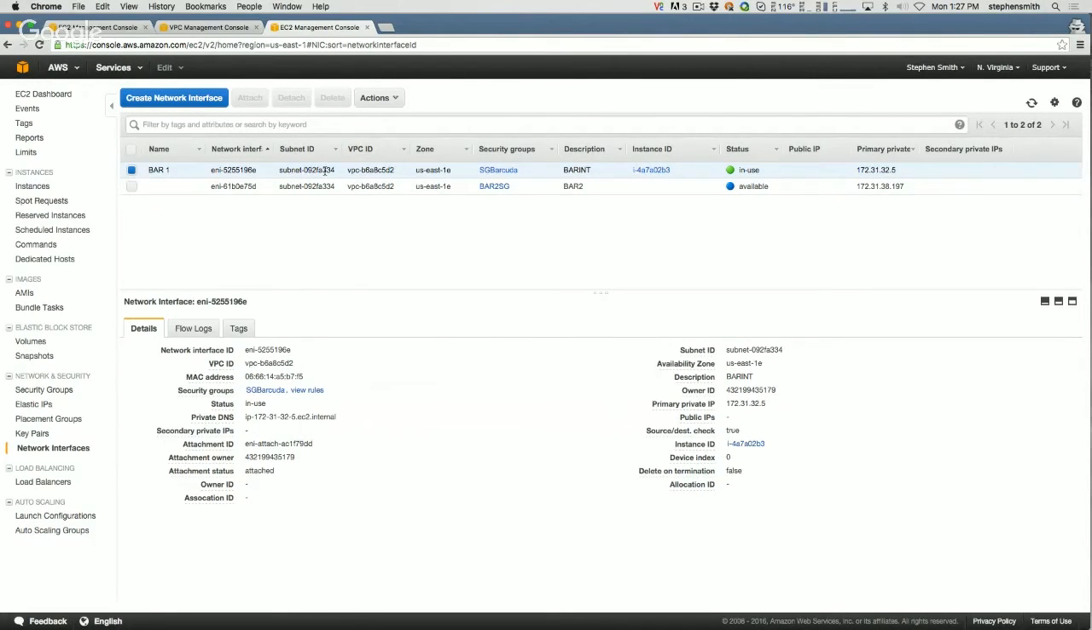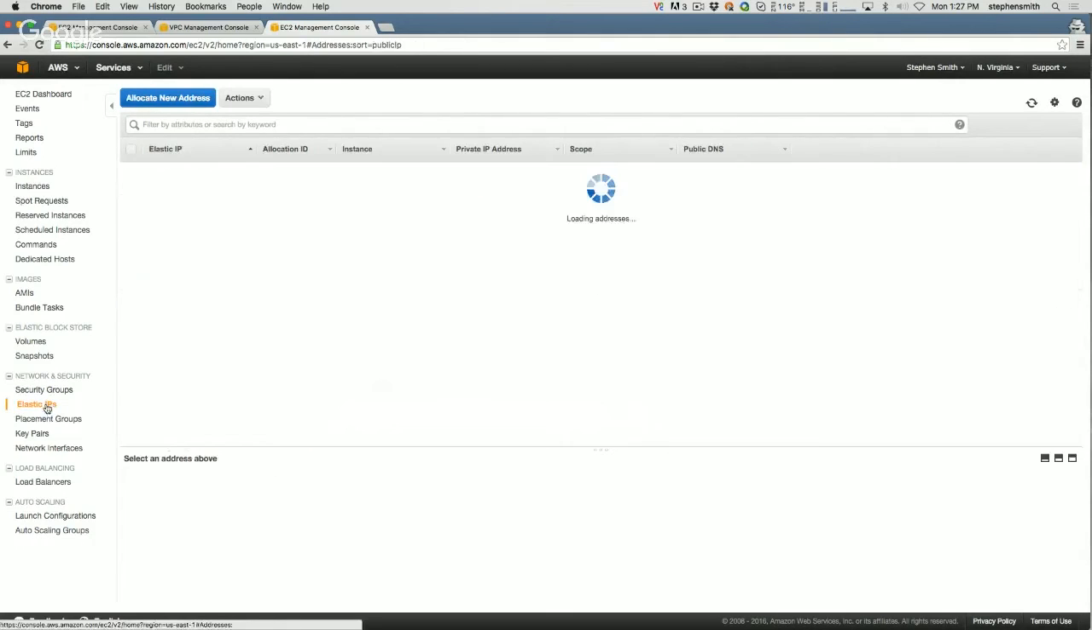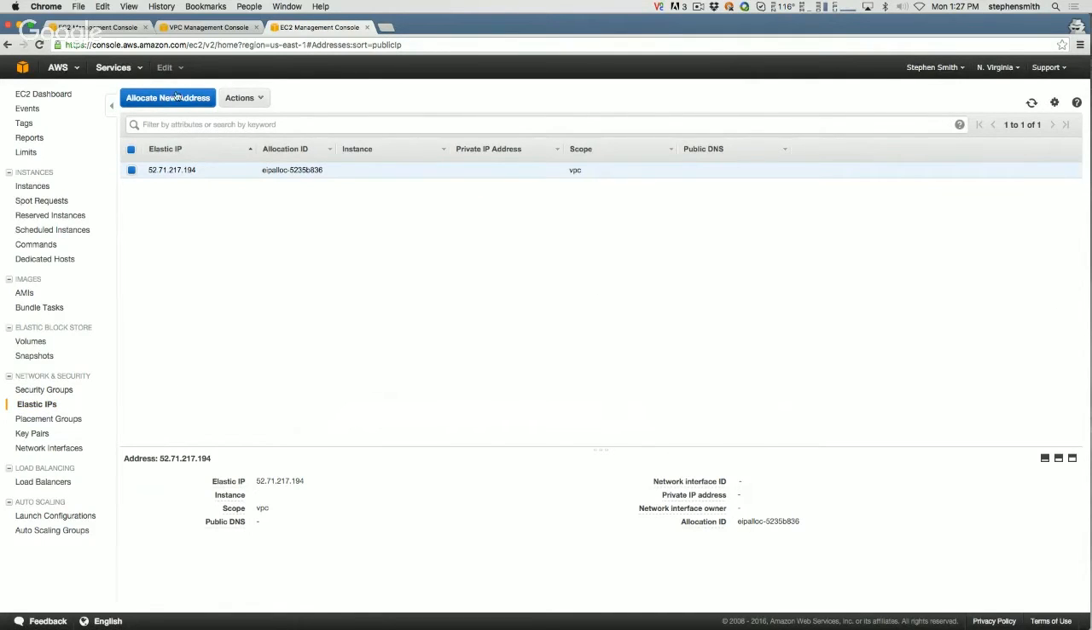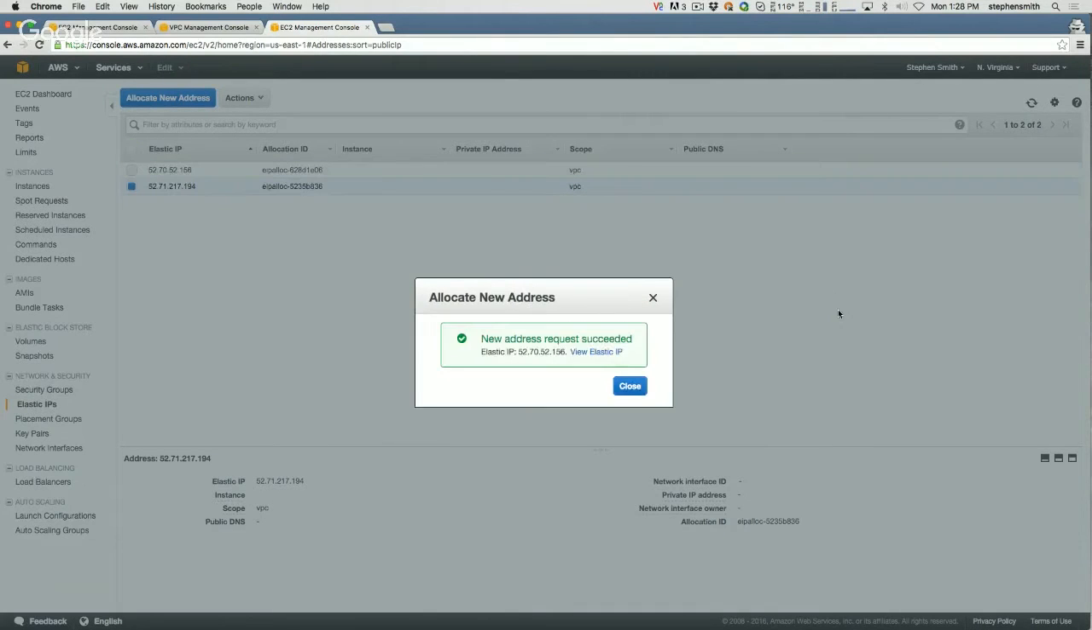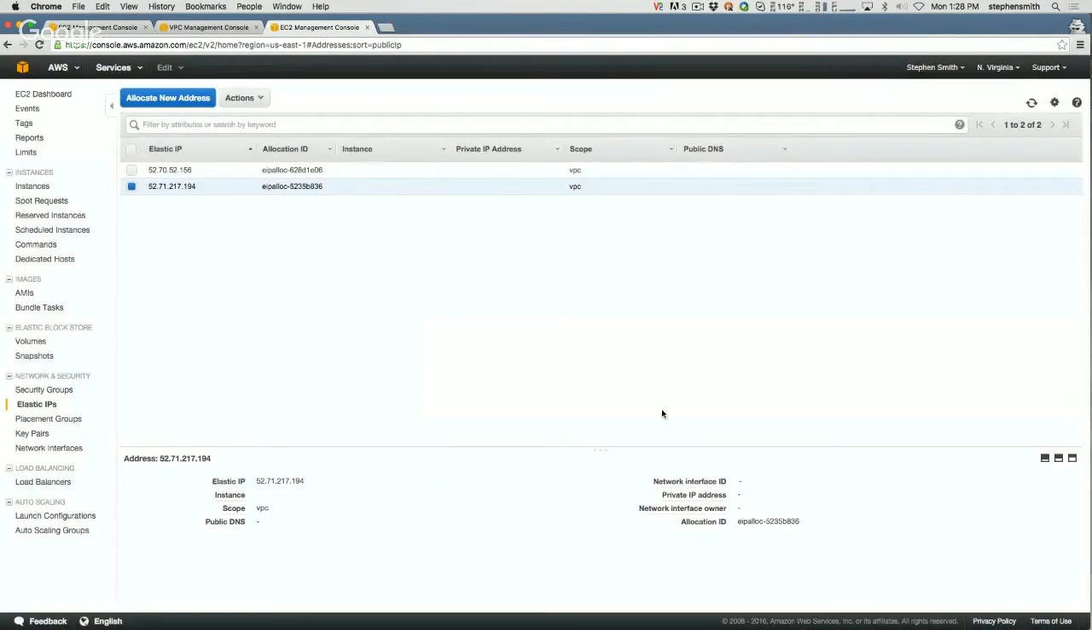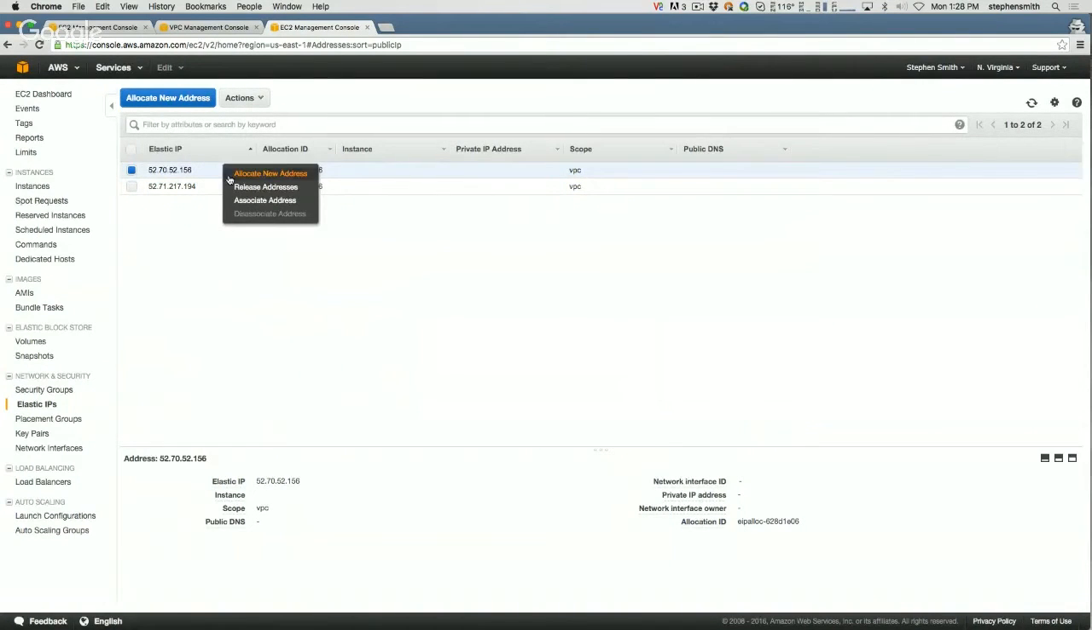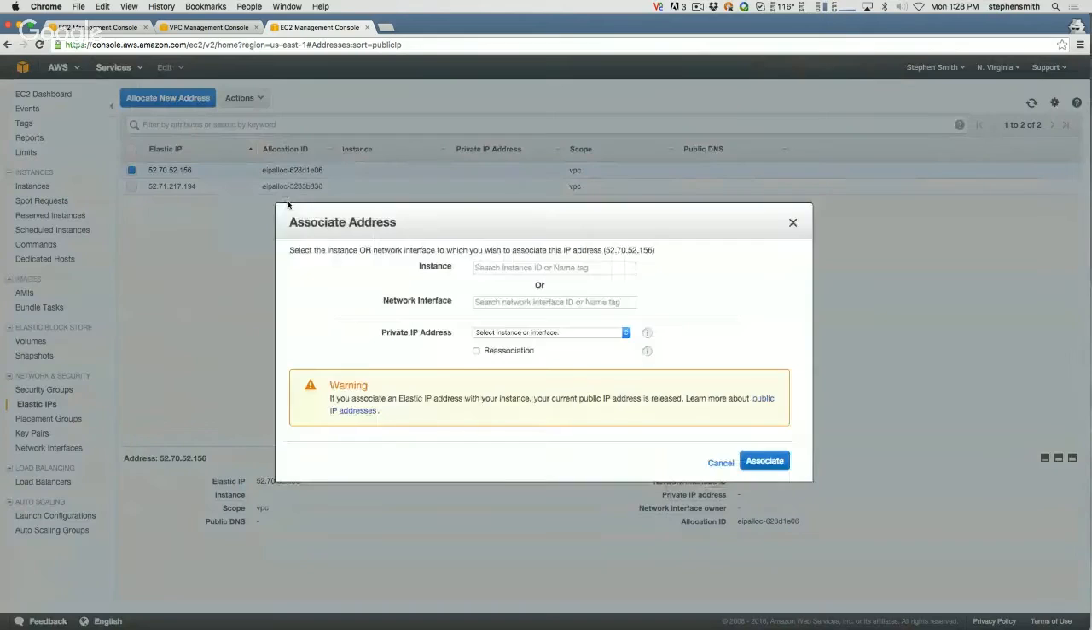to this network interface. So over in Elastic IPs, I know I have one here, but I need a different one. So I'm going to allocate a new one. And on this new IP address that I've allocated, all I'm going to do is associate this address. And I'm not going to associate it to our instance. We're actually going to associate this to the network interface that we just set up. So that's going to be its